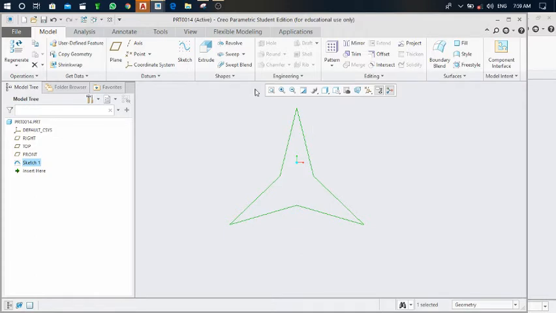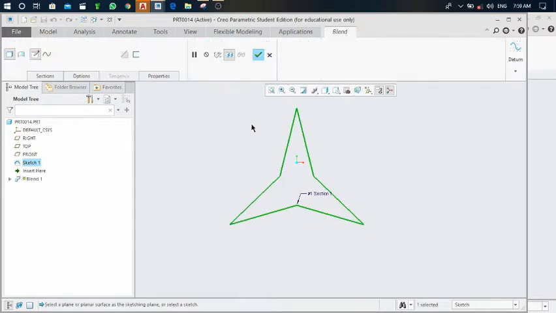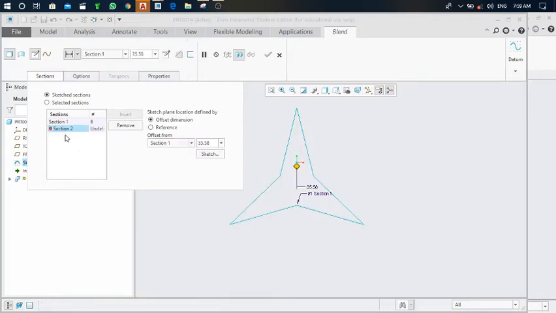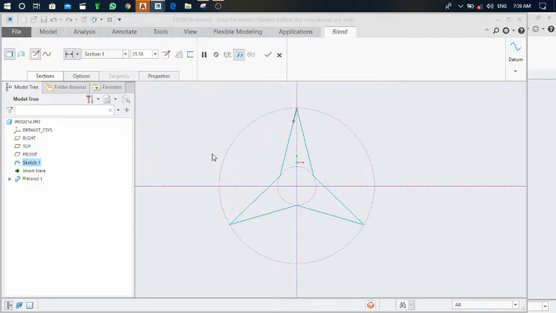and next move to the new command, click on shape, and here the first command, blend command, click on blend. After that, we have to specify the sections, click on sections. Now this is the first section, and we wanted a second section also, so click on insert, you get section 2 here, and after that just sketch it.